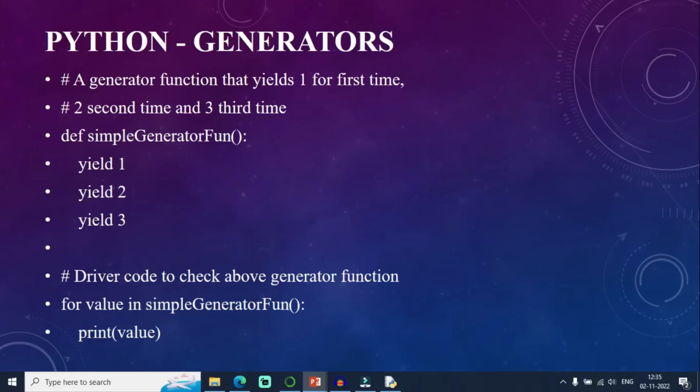For example, I want to generate a Fibonacci series, so I don't know the ending stream. However many times I call the next function, that many values it will yield. That is the main use of generators. So why do I have to go for different concepts? What is the use of iterators?